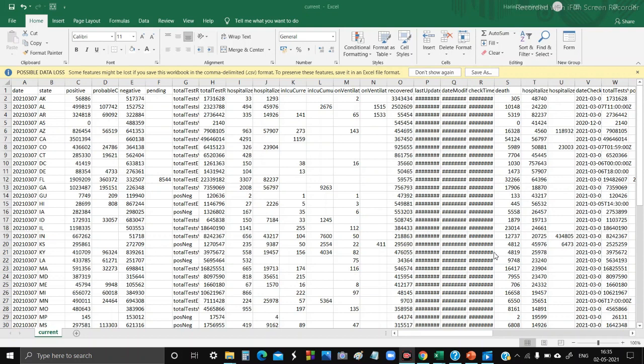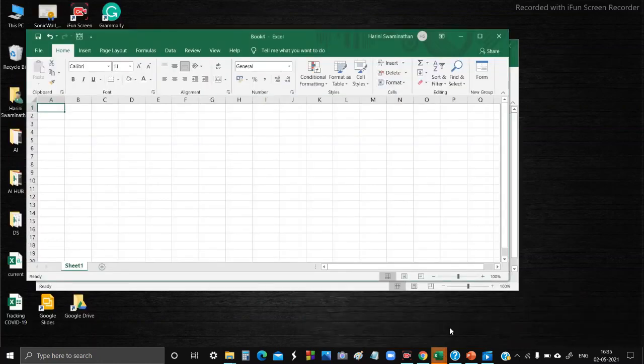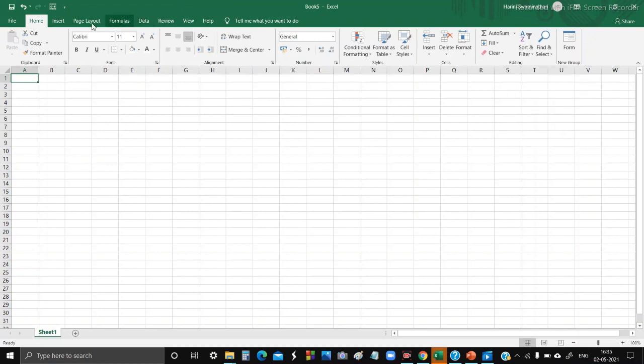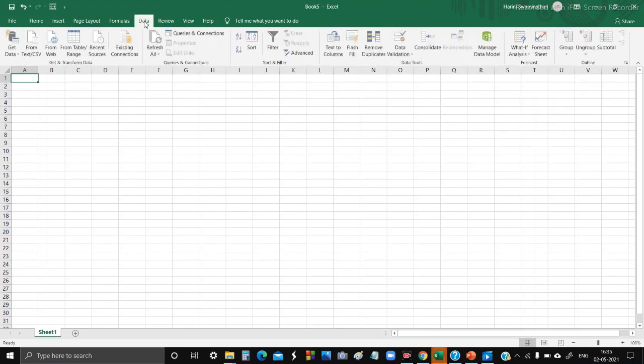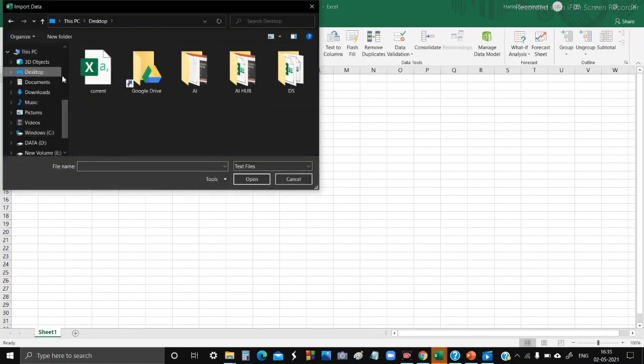To clean a dataset, the following steps are to be taken. First, click on Excel and open a blank sheet. Then go to the Data tab, click From Text or CSV, then click on Desktop and search for the folder that you need to import.